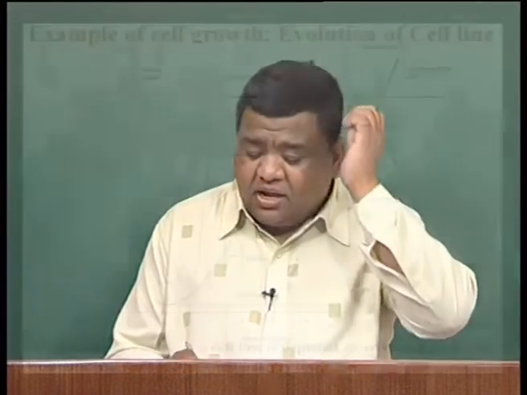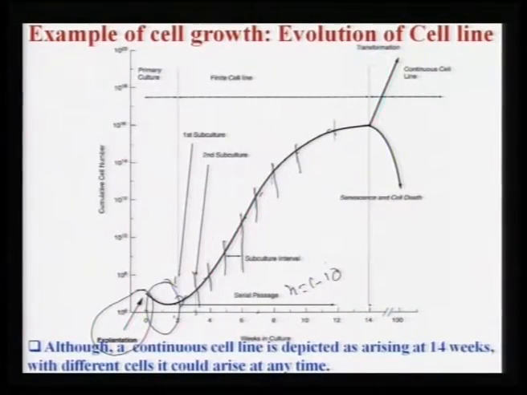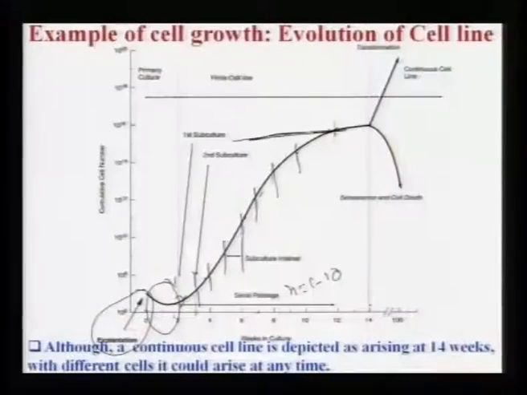So, this is called serial passage, and this passage can be n equal to 1 to 10 or something like that. That means you have to spend in that subculture phase up to 10 to 12 weeks, and when it is reaching almost maximum, if you are an expert biologist, you can see for yourself when the cells are really in the confluent stage or really in the growing stage, and then you stop, because you know that after that time cell growth will almost reach a steady state. After that cells will not grow any further, even if you continue passaging.